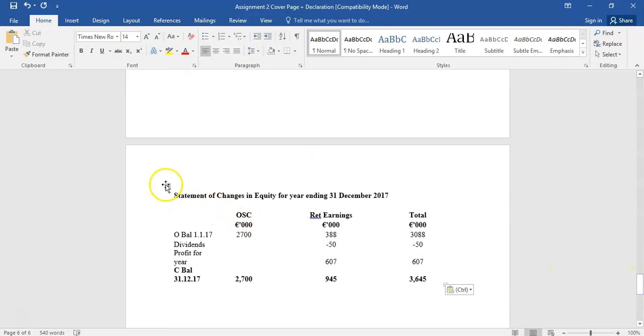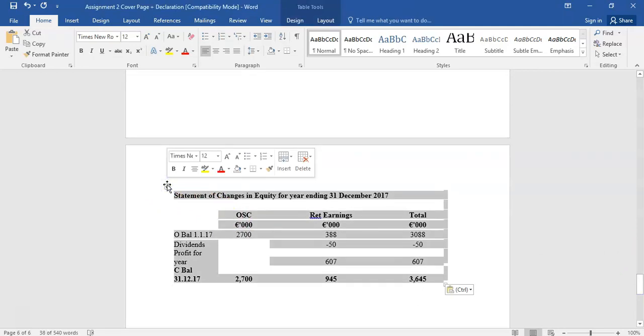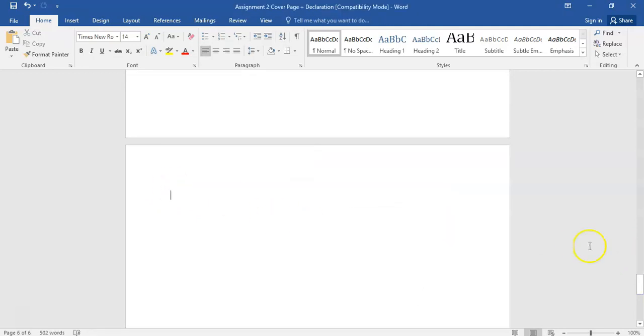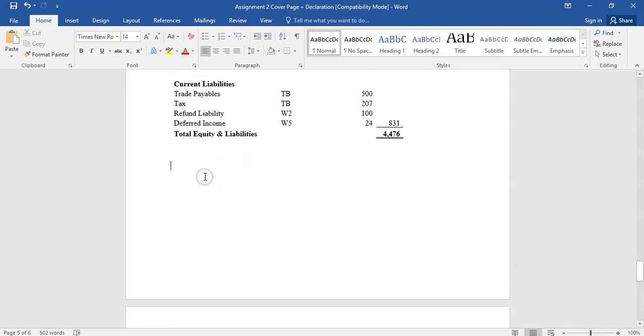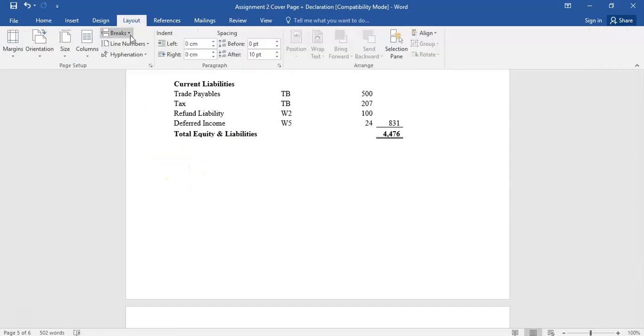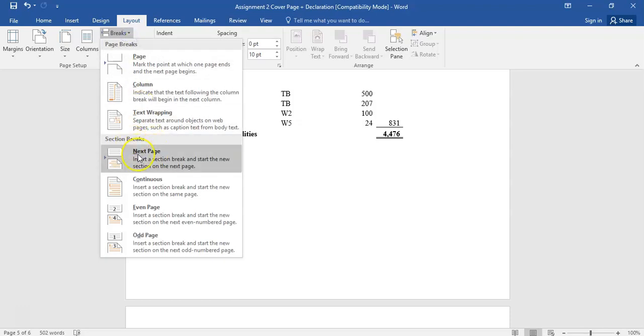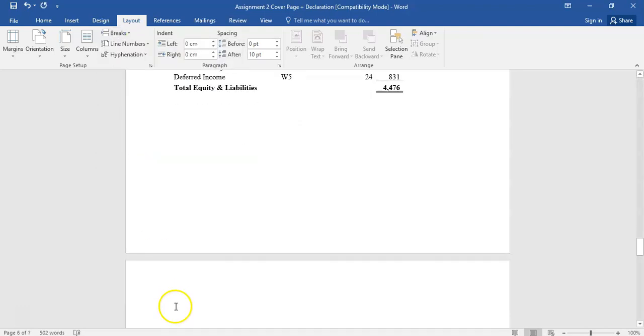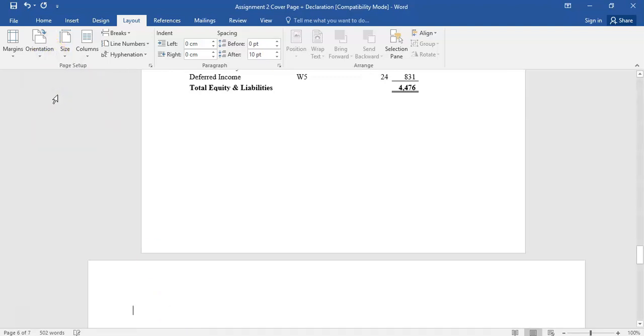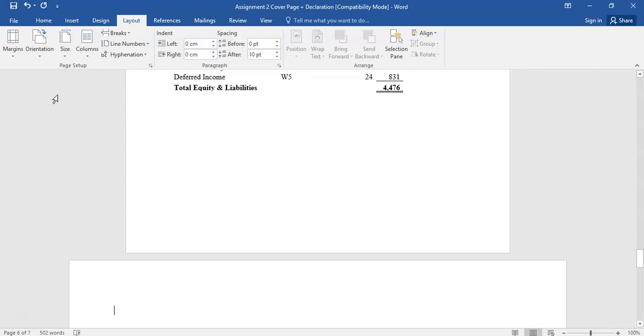Now please note, sometimes, for example, your statement of change in equity might have another 2 or 3 columns, and it may not fit in this portrait. What you can do is go to the previous page, have your cursor there, go to Layout, and go to Break, and say I want a new section break. And it brings you to the next page. What you want to do in the next page is change the orientation to landscape. The reason we did that is, if you didn't create a break and I just changed to landscape, the whole document would change. I only want to change from this page on, and now I can Control V my statement of change in equity,